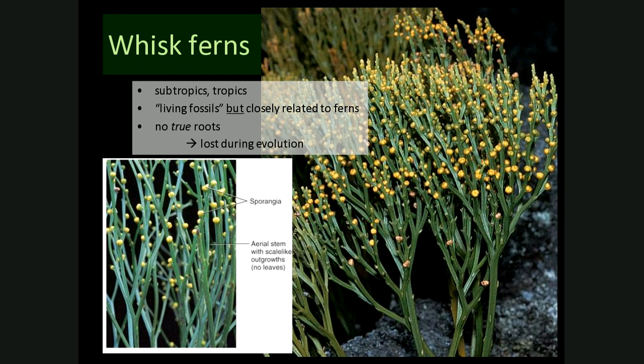But they're actually more closely related to ferns than they are to those early vascular plants. No true roots. They're subtropical and tropical plants. So oftentimes in the subtropics, organisms get most of their nutrition from the photosynthesis. There's not a lot in the soil in the tropics because the decomposition rate is so fast. Things decompose so quick in the tropics that things get sucked up into the living plant matter very quickly. So these guys basically have no true roots.